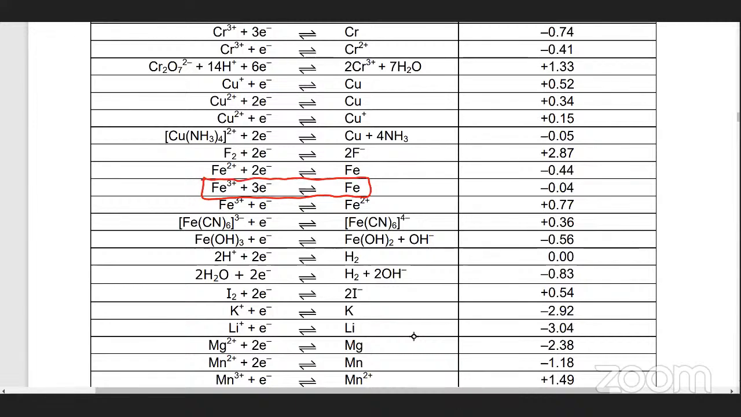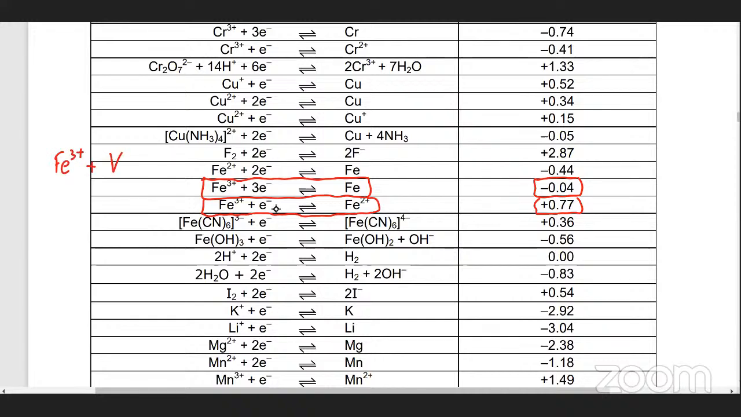So I have Fe3 plus gaining 3 electrons. And I have another equation where Fe3 plus is gaining just 1 electron. So one of the values is a lower potential. The other one is kind of a higher potential. So Fe3 plus is capable of doing either of these. It's capable of gaining 3 electrons. It's capable of gaining just 1 electron. So it's Fe3 plus